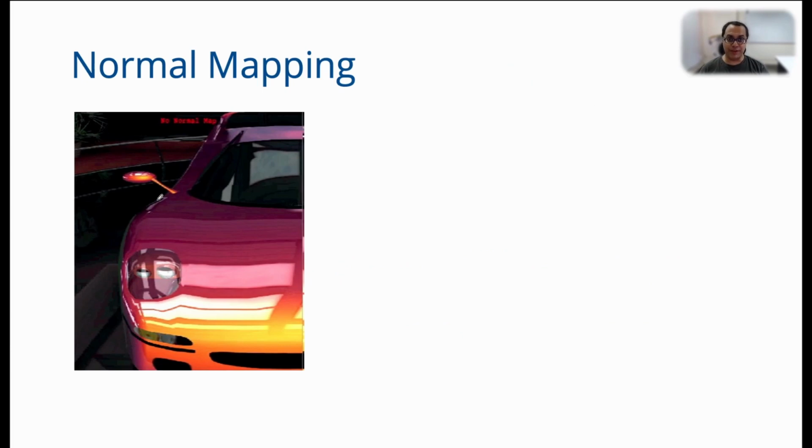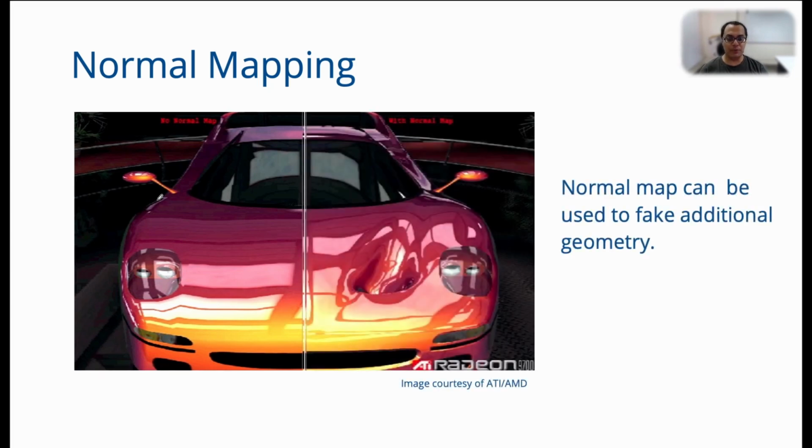What are the kind of effects that you can create with a normal map? So here is a geometry of a car and this is the original smooth geometry. You can apply a normal map to this and produce this huge indentation on the surface of the car. So this geometry here actually does not exist. This has been created by perturbing the normals in this part of the scene.